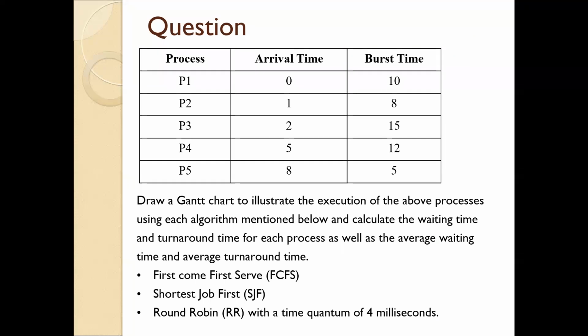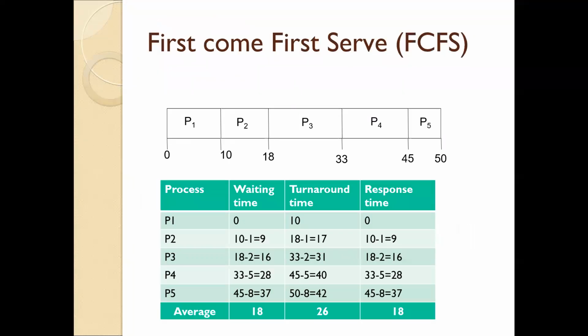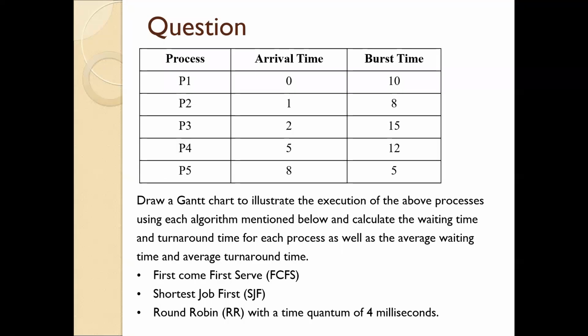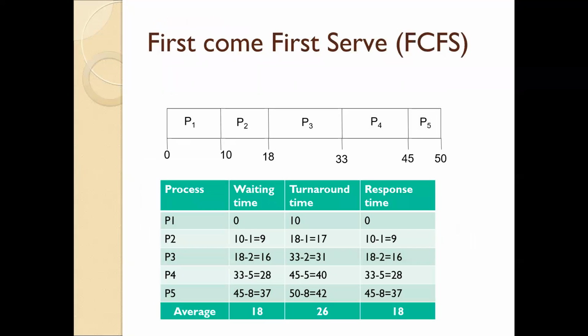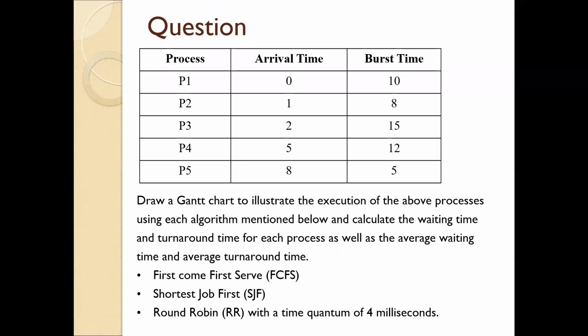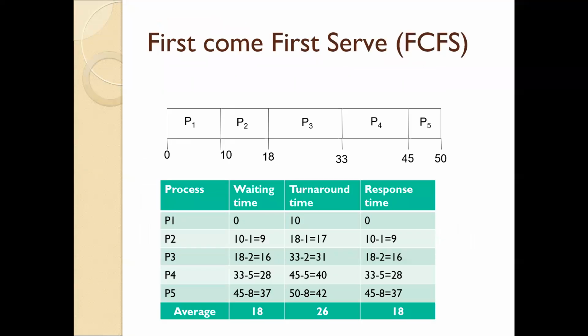Then P3 burst time is 15, goes from 18 to another 15 milliseconds, right? Then P4 for another 12 milliseconds, P5 another 5 milliseconds, right? That is the Gantt chart. Then after drawing the Gantt chart, then you can do the calculations,